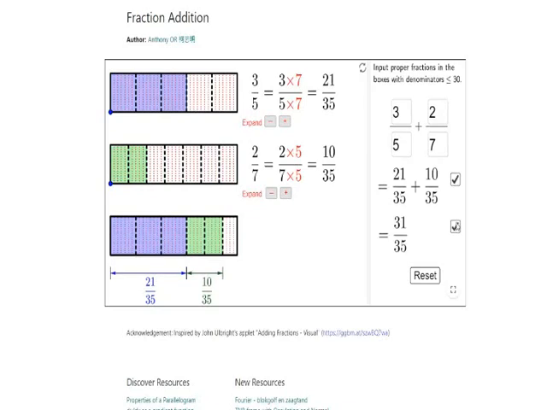Krista, real quick. Gareth has a question. Does it handle numbers greater than 1 in proper fractions? No, it says input proper fractions, so I don't think it'll do improper fractions. Okay. But, okay, let's,